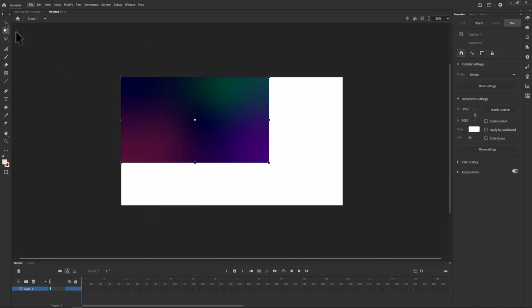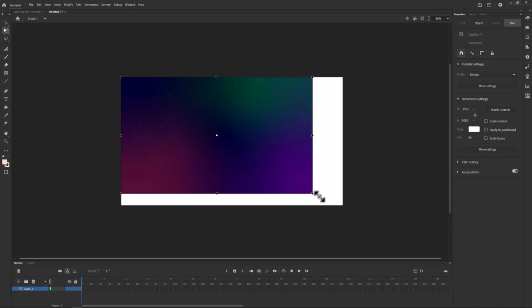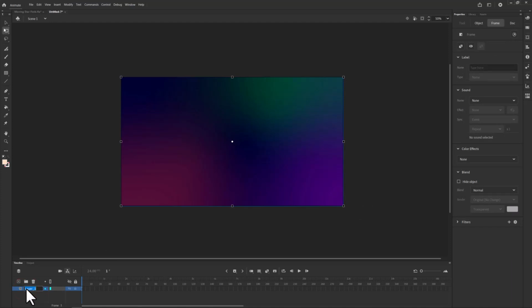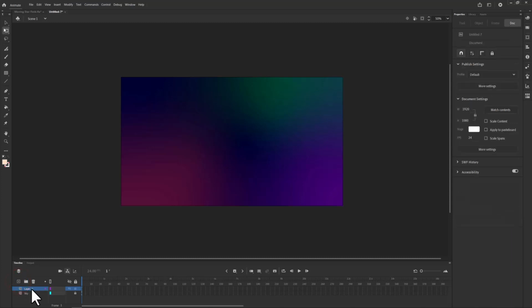Choose the Free Transform tool or Q on the keyboard. Hold down Alt and drag out the corner until the background fills the space. Now down here I'm going to double click and write Sky for the title and put a padlock so I don't accidentally move that. And while I'm down here, I'm going to click the plus sign to make a new